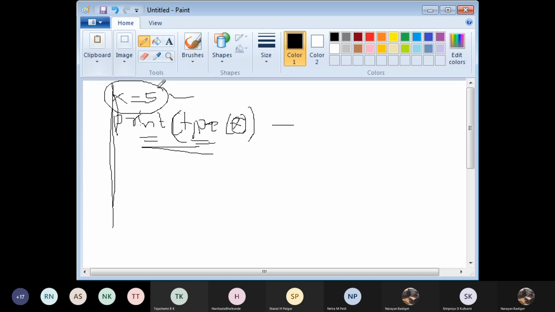To know what type of data, I have an inbuilt function called type. I pass a variable as an argument for this inbuilt function. Where this 5 is stored in x, this x I will be providing here as an argument. So this x is an argument for this type. Inbuilt function, correct?